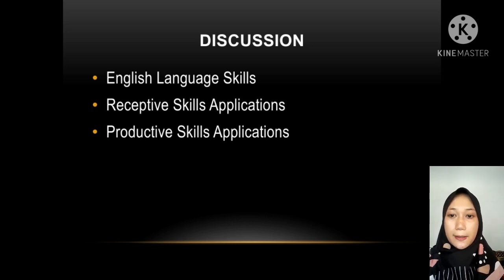In this way, the applications they use for the purpose of learning English determine whether the application is relevant for learning English or not. If the application is relevant, then the cell phone is very influential on the English learning experience. Some of the important ones are as follows. Application of productive skills.